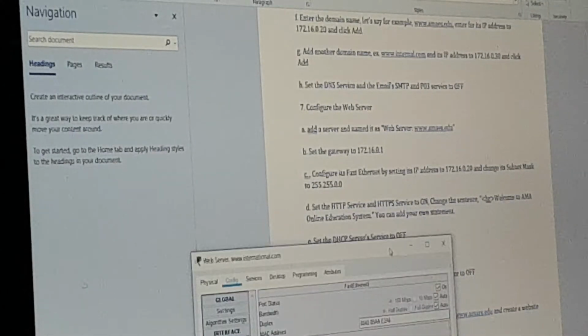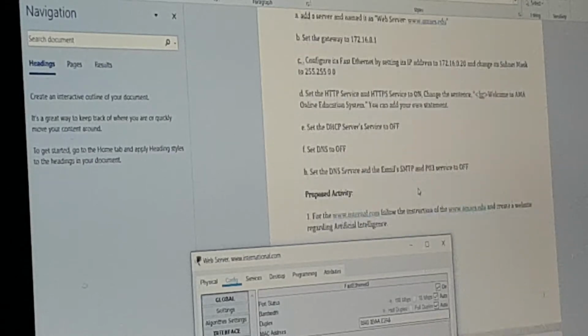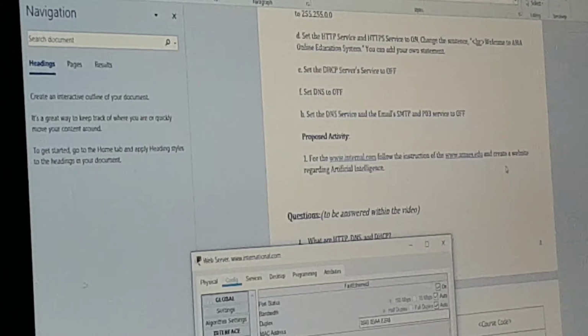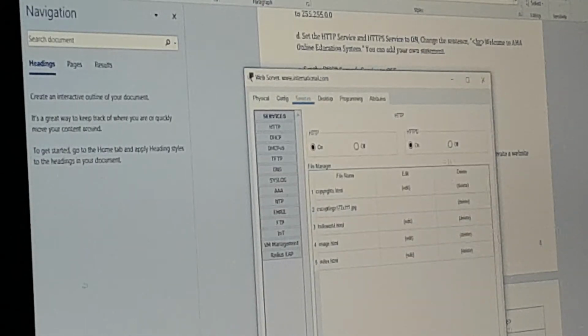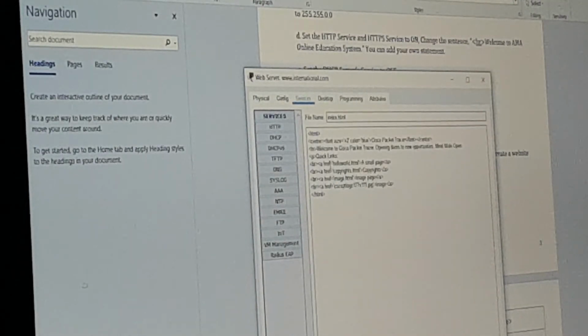Okay, and next, set HTTP service and HTTPS service to on. Change the sentence: welcome to website artificial intelligence. Okay, so going to service HTTP on and just edit this one to change this one.